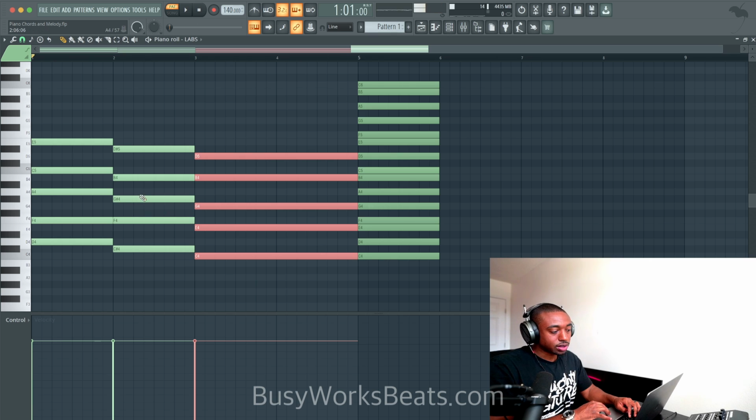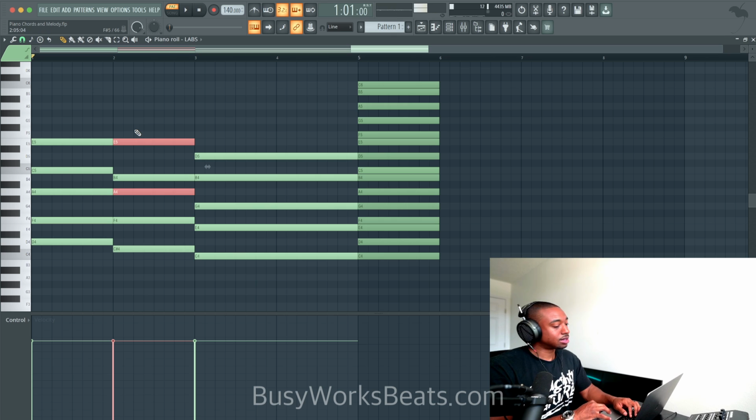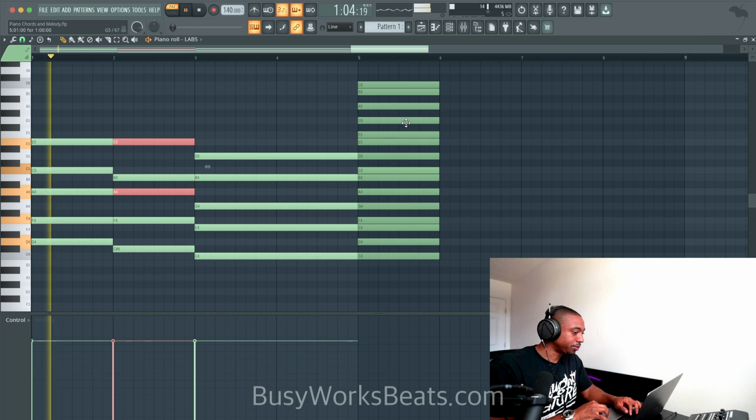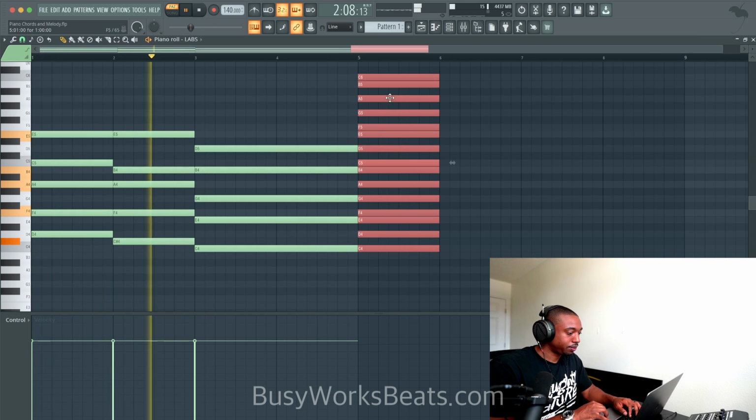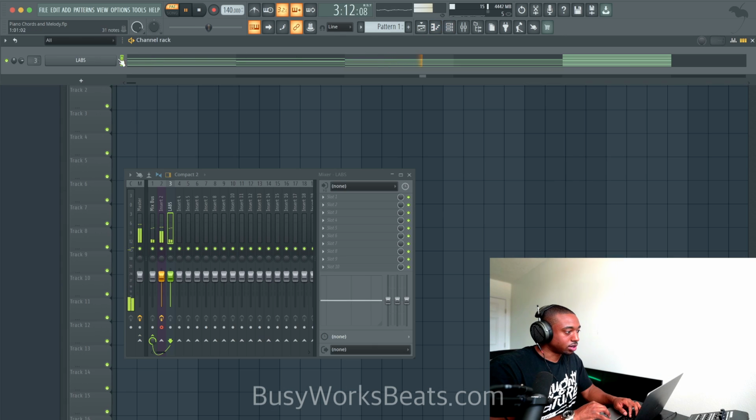Okay, now what you could do is alter the notes of this chord. So I like to mess with the fifth and the ninth to alter this chord. I like to raise those up to make it more R&B. And I'll turn the volume up a little bit.